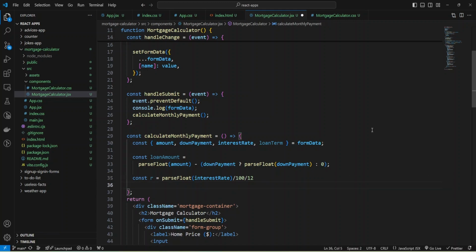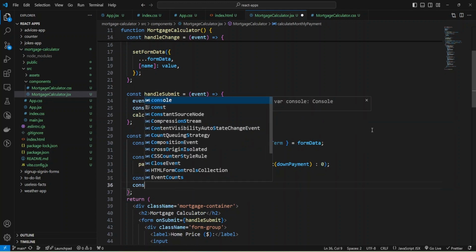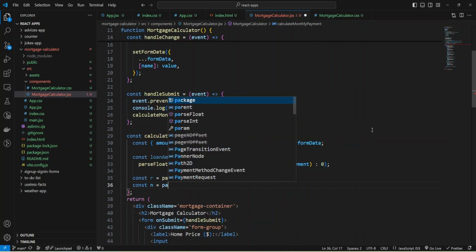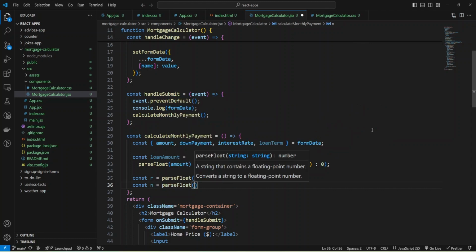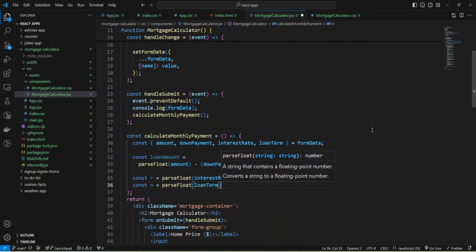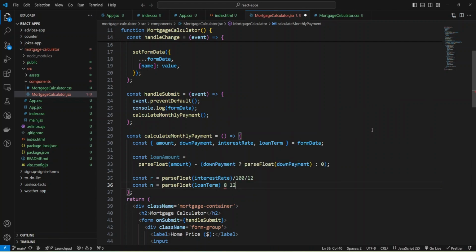It will be our R, and our N will be parse float long term, and multiply by 12. And because we have years, and we are calculating the monthly payment, we need all months.